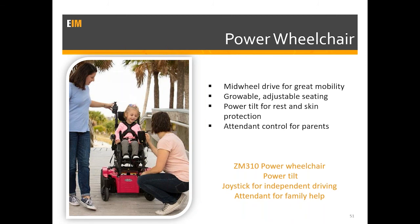If we're going power mobility with pediatrics, we'll tend to use mid-wheel because it turns where they're sitting. It's got the smallest turning radius. It's really the easiest to learn. With her, it's important that we have a growable seat frame. She's gonna change inside. We really needed to do tilt so that she could have that rest and relaxation and